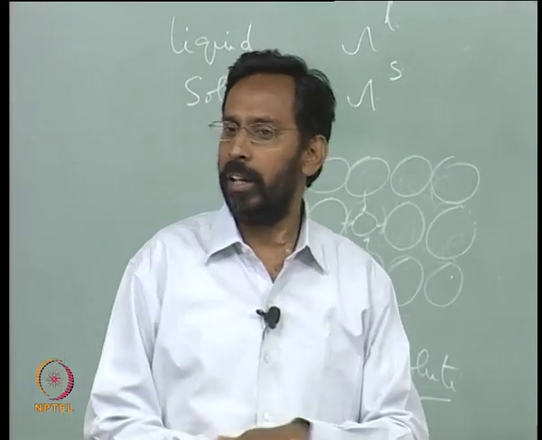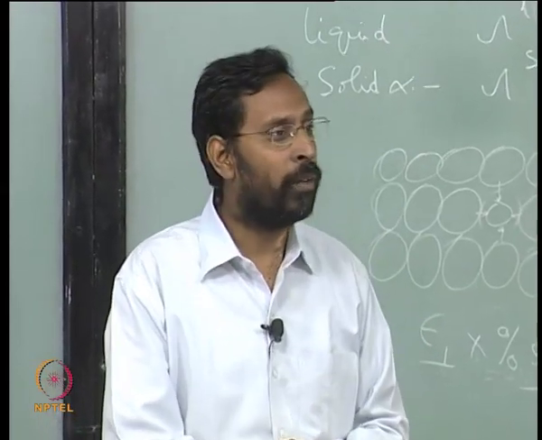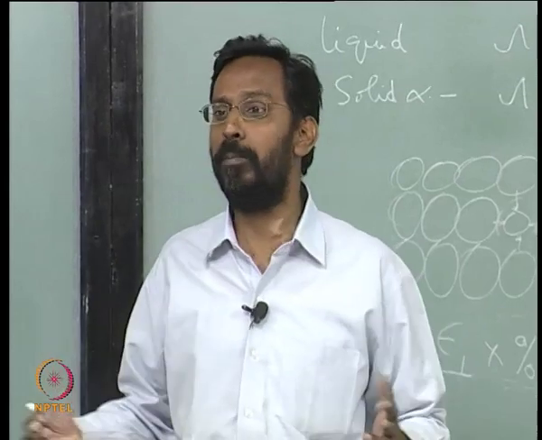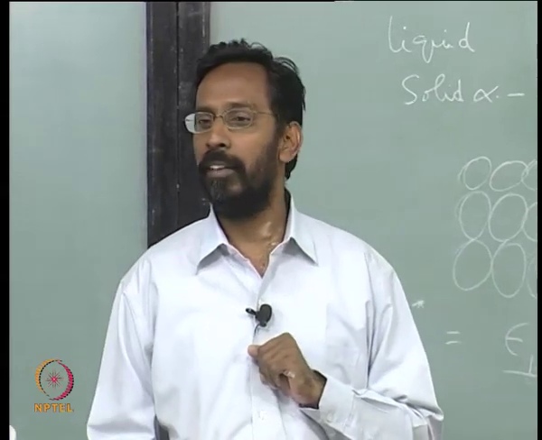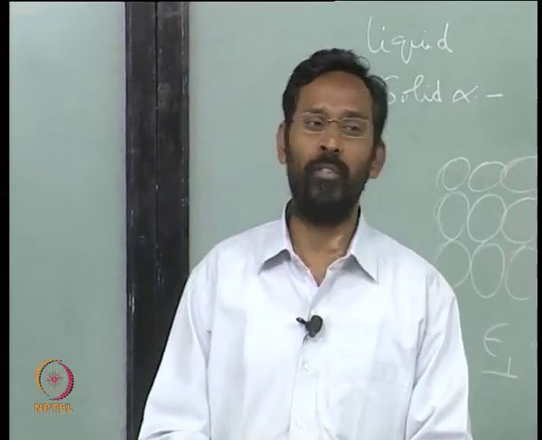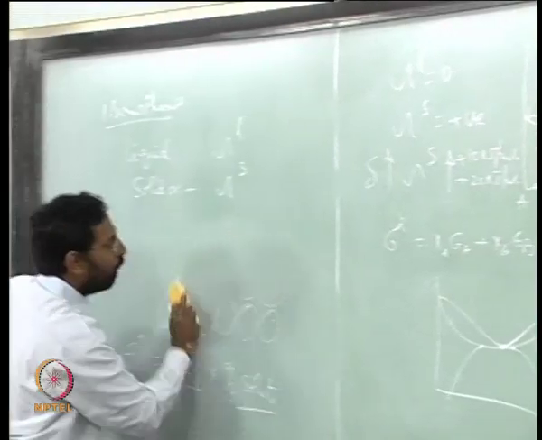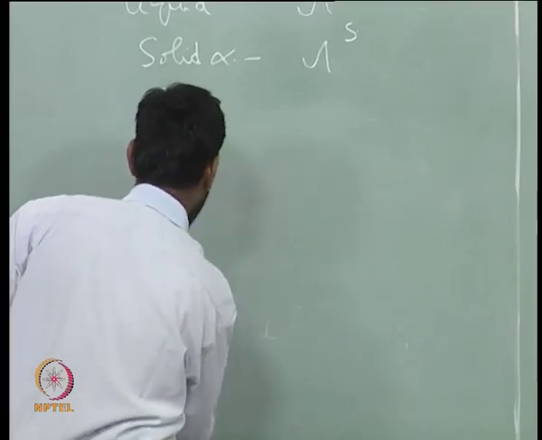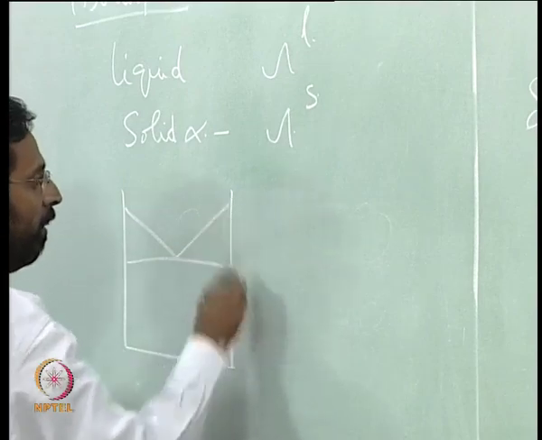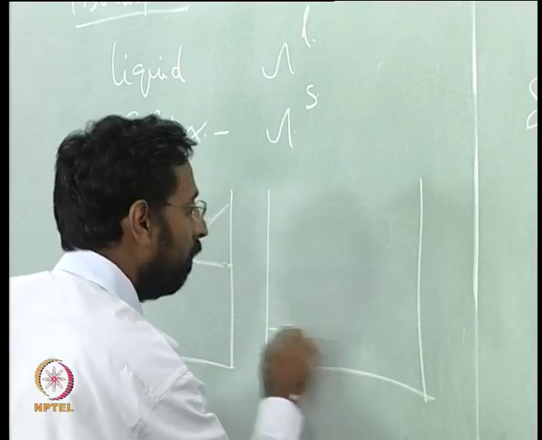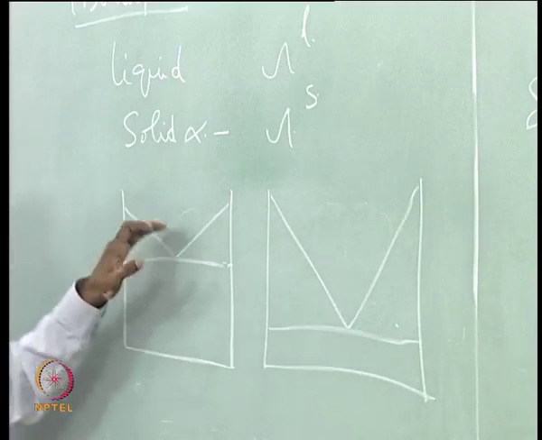Yes. So what does it mean? It means that the eutectic temperature goes down. This is what we call deep eutectics. Whenever you see a deep eutectic, what do we mean by a deep eutectic? In fact, people even quantify this because it is very important when people talk about glass formation. I will tell you an example. For example, if you take two cases, one where the eutectic is like this, another where the eutectic is like this. We call this a deep eutectic when compared to this,